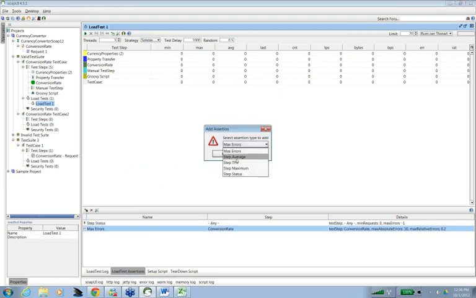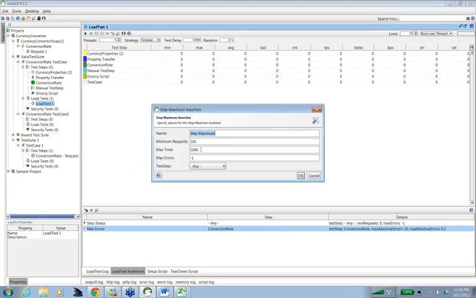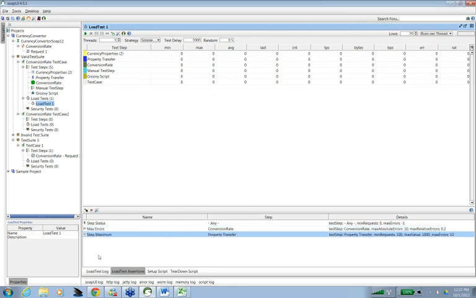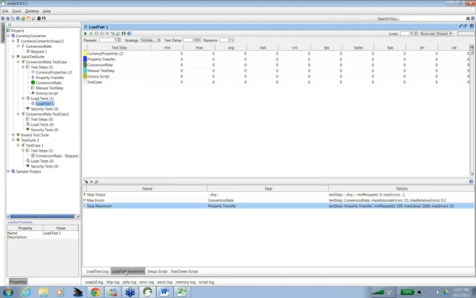What is the maximum time every step can take? It is saying that it shouldn't take more than 1000 milliseconds, and the maximum errors allowed should not be more than 10, and it can be applied to any of the test steps. Let's say the property transfer step, it shouldn't take more than that. So these are certain assertions, and we can add some more.